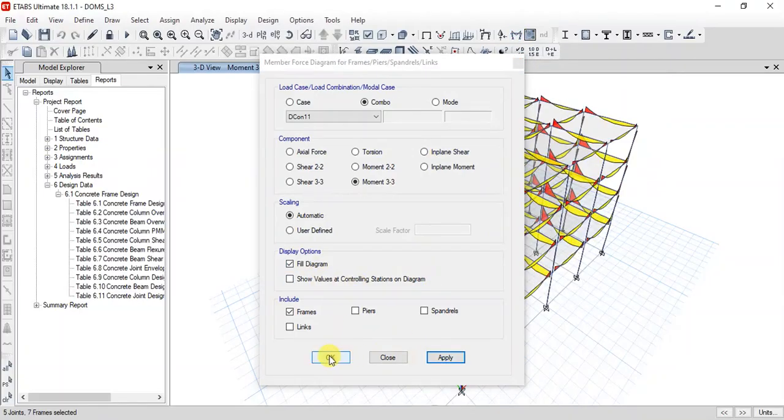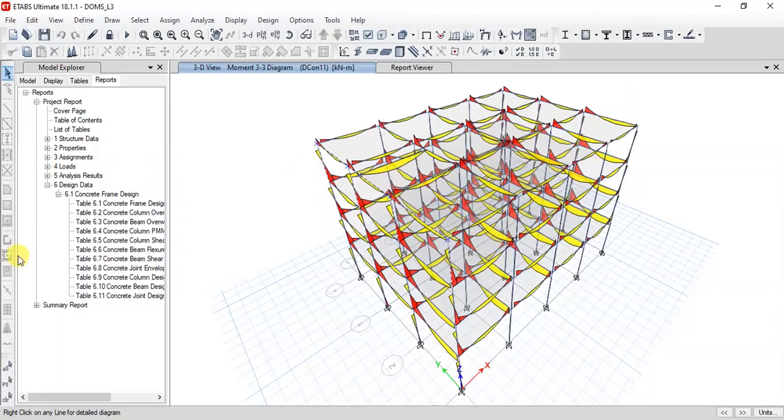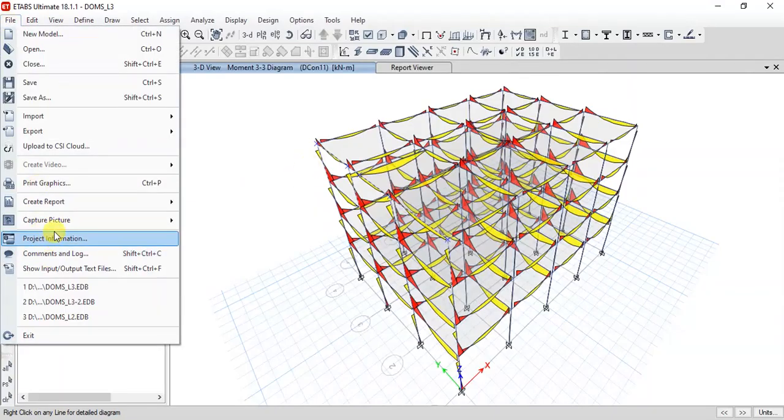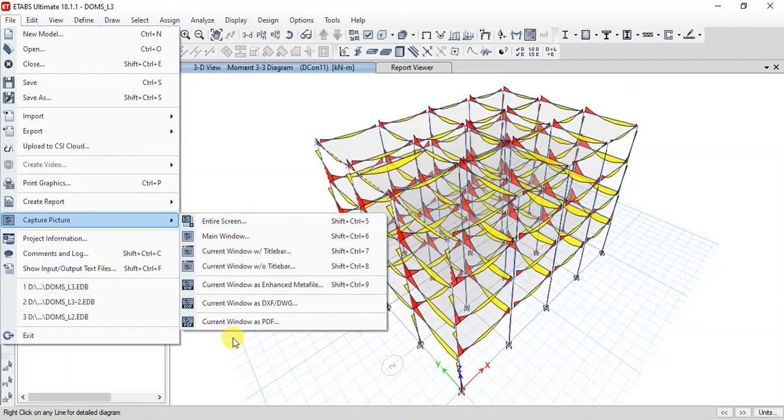So for example, if you want to take a picture to file, here you have capture picture, so you can capture the picture which is shown here. The entire screen you can take, or the current window, or the title bar, or whatever you require, in PDF format, or in the AutoCAD format.